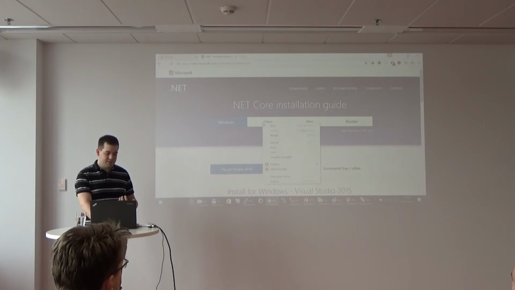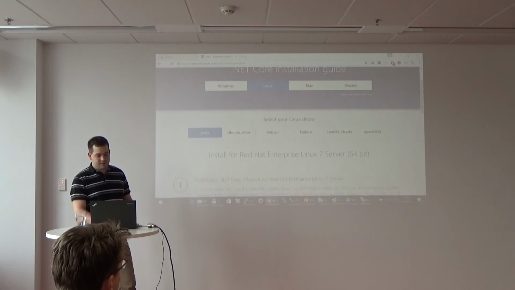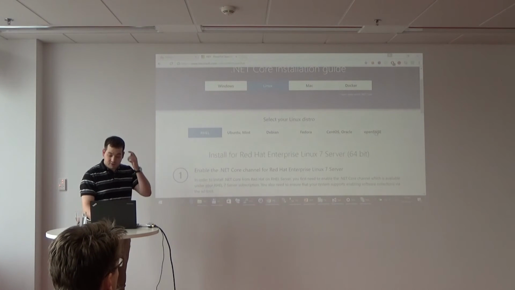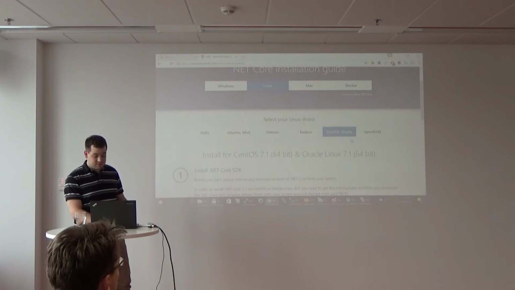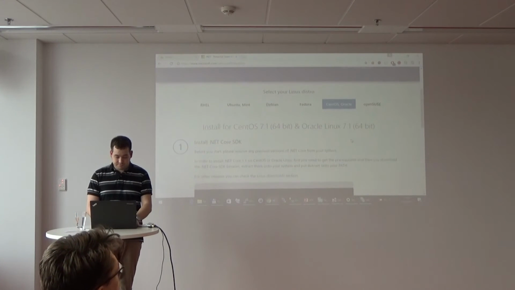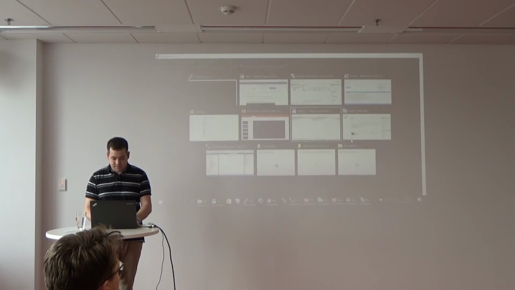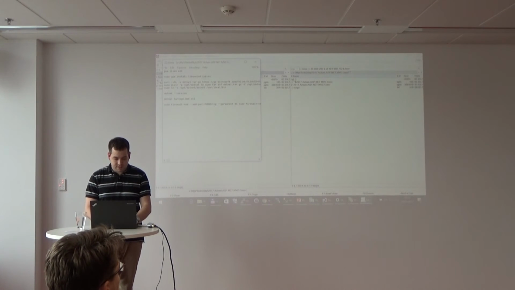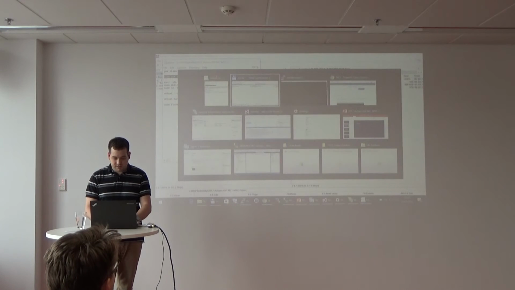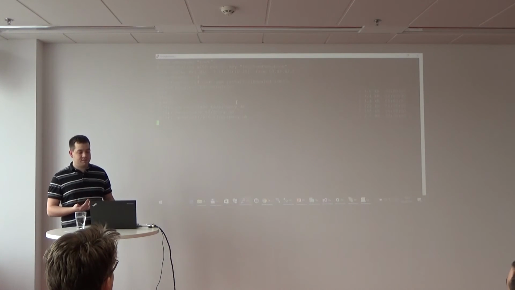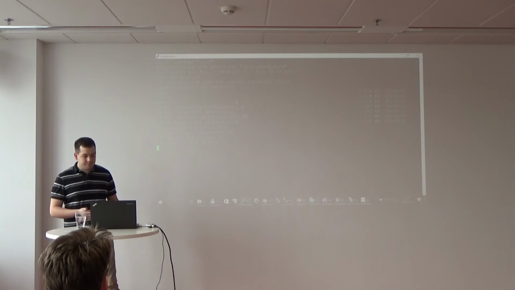So you just choose Linux and the huge amount of distributions you want to install it on. I used the one for CentOS or Oracle, and I've got it right here. The first part is just to install some libraries that .NET Core requires.